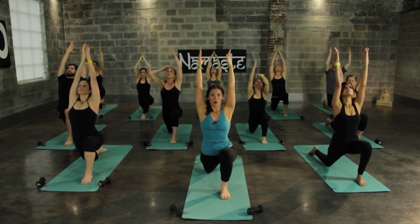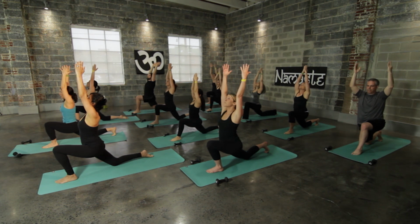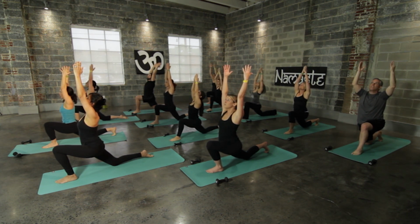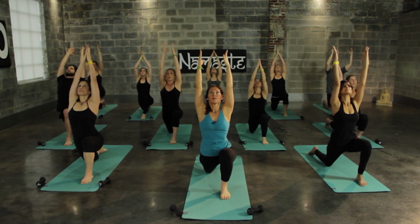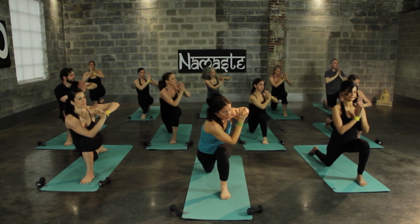Bring that left knee forward to the ankle. Usually we always want to stack the joints, so the knee over the ankle, but because you're supported by that right knee, it's okay here to get a greater stretch. Take another breath in, and then exhale the palms together at the heart center, twist to the left, right elbow